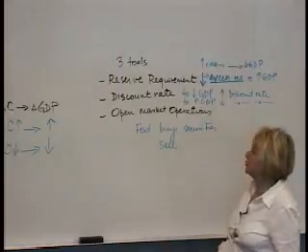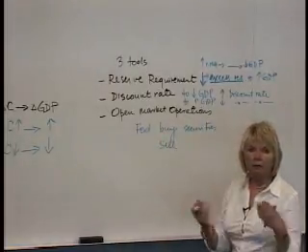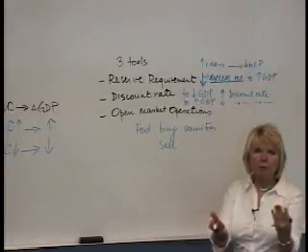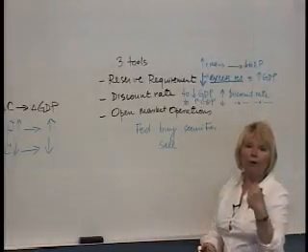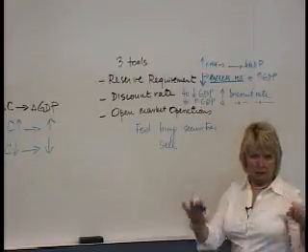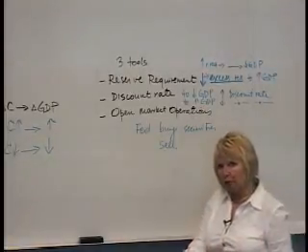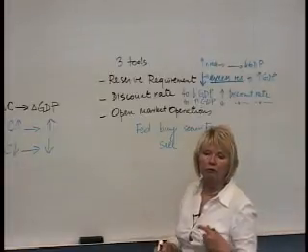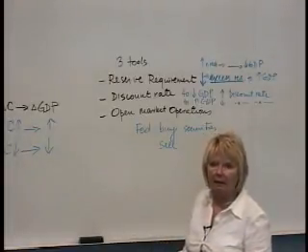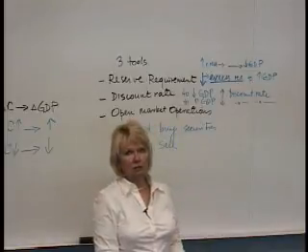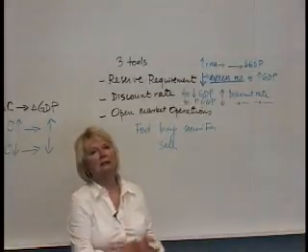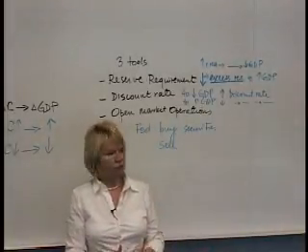So let's see what happens when the Fed buys. If I'm the Fed, I'm going to be buying from you a piece of paper, which is the bond. I'm going to be giving you a check. So I'm giving you money. What are you going to do with that? You're going to deposit this with the bank. And now the bank has excess reserves, and the bank is going to be lending out the excess reserve.